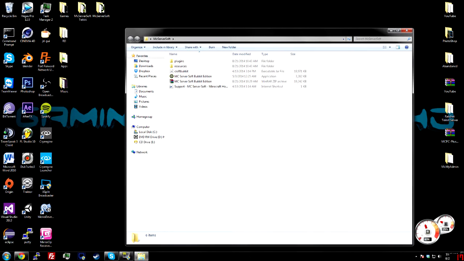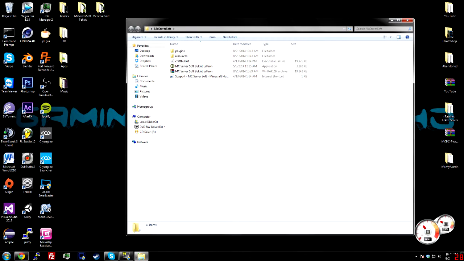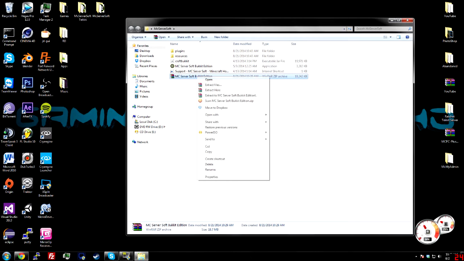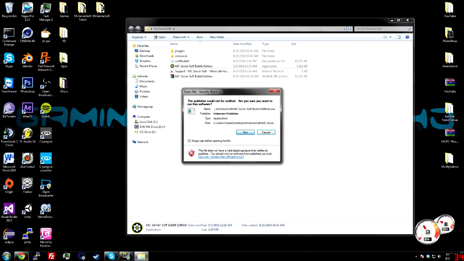First thing you do now is, when you download McServerSoft, you get this zip file. You just drag it into a folder, right click and extract here, and it gives you these files. You can put it in any other directory, but this will be the directory at which the server will run. Right now I just have it on my desktop. So you just click run,